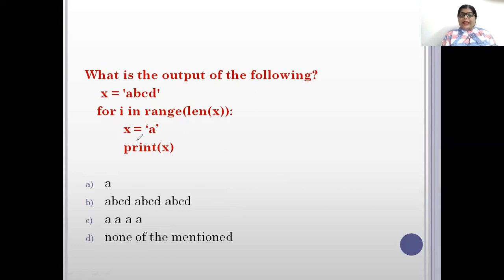So obviously X is equal to A means very firstly A will be printed. So maybe this will be the answer, or this will be the answer. Next time print X, but how many times? It prints X up to the length of X. So here no further iteration is needed. So the answer here is only A, because here they are iterating over it with the A. So the answer here is A.